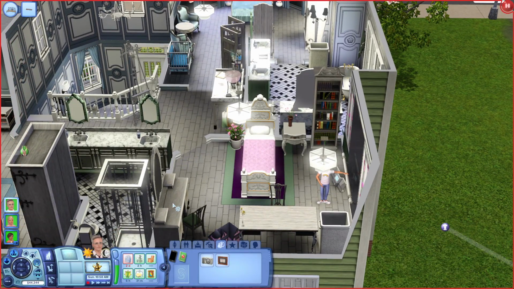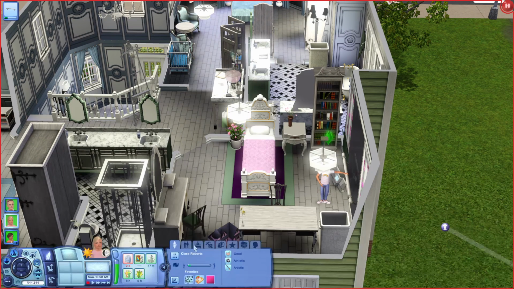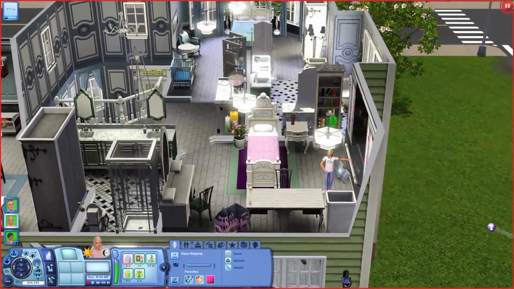So she has her grandfather. And what I ended up doing, Clara's last name, if you see, is Roberts. I'm pretty sure her name is technically Clara Drosselmeyer in the movie. But I am going to have the last name of the challenge be Roberts. So we will always take the Roberts last name, regardless of who our heir is, because that's Barbie's last name.